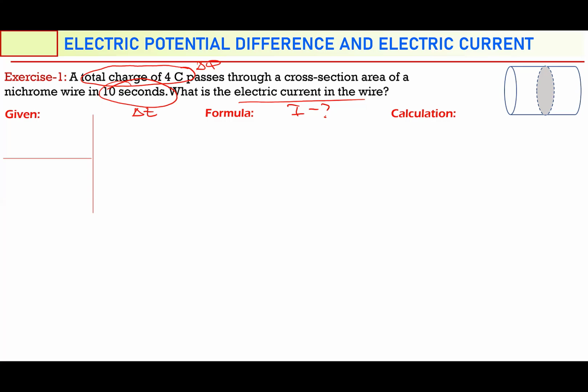So what is the electric current? Calculate I. We know that I is equal to delta Q over delta t. Delta Q is given in this question as 4 coulombs, and delta t is 10 seconds. 4 divided by 10 is equal to 0.4 ampere. So the electric current that passes